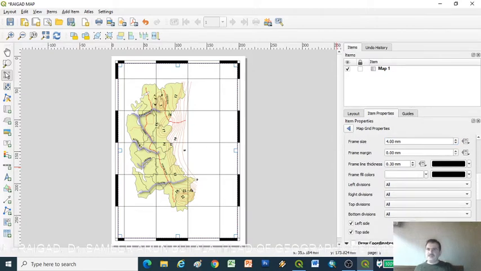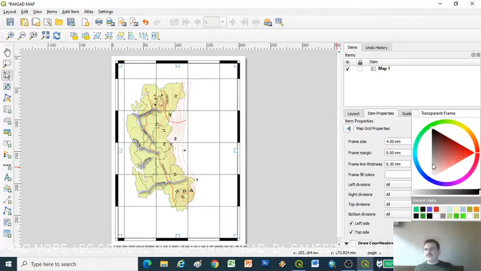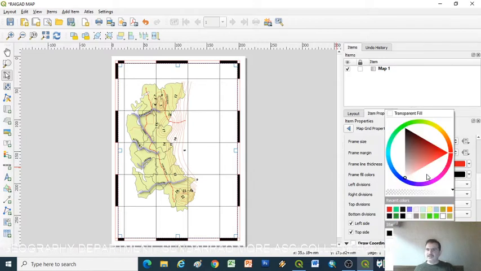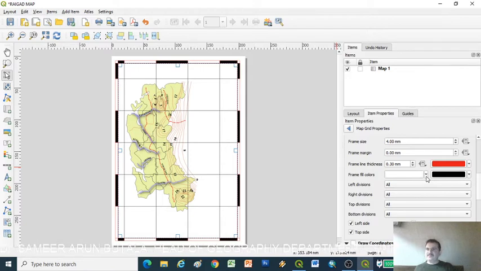Then next is the thickness of the line, which depends upon us. Then the frame colors, suppose you want to change the frame color, we can change it like this. Now fill color, suppose I want a frame with yellow shades, I can use the yellow shade. Whichever shades you need, just fill the color.